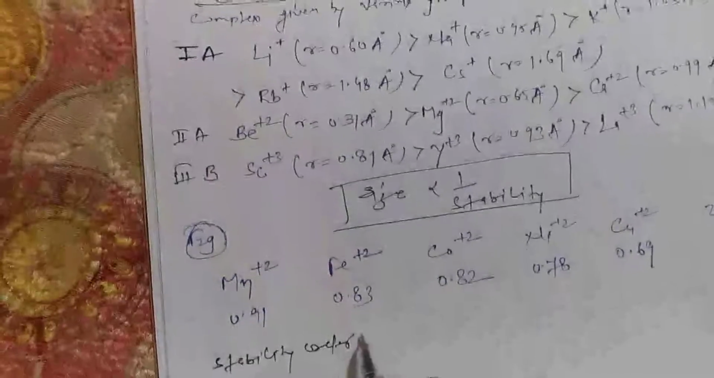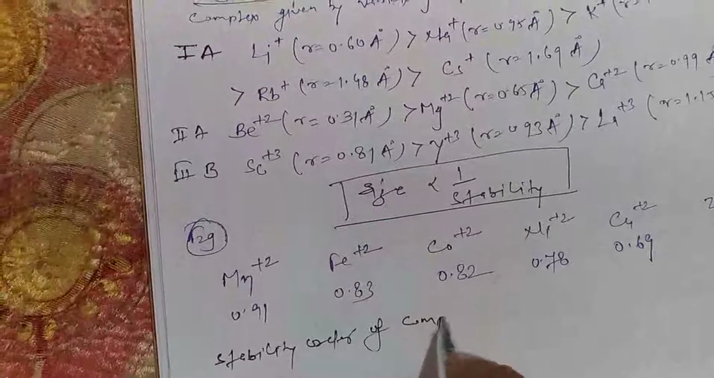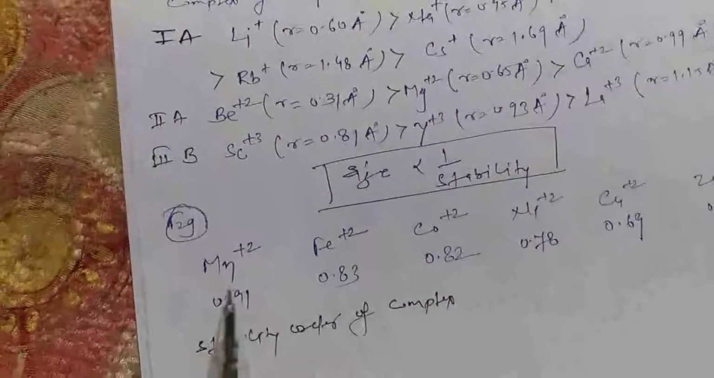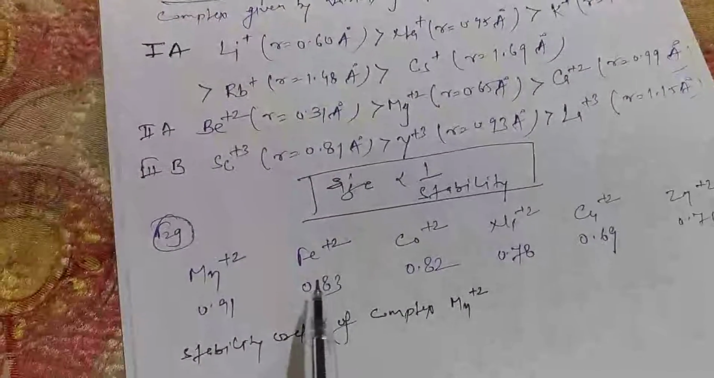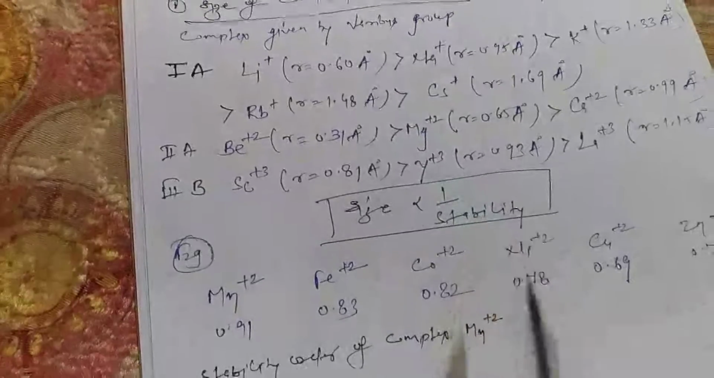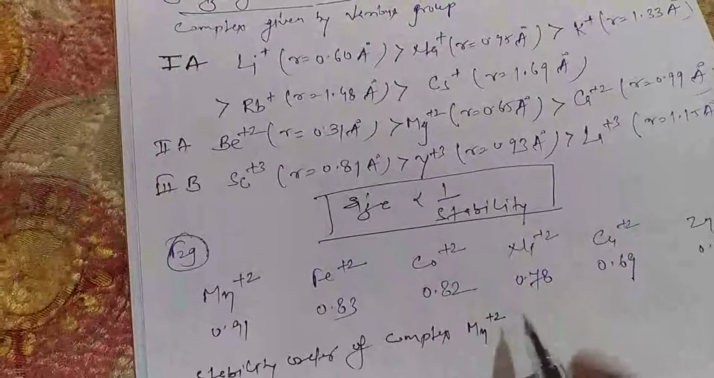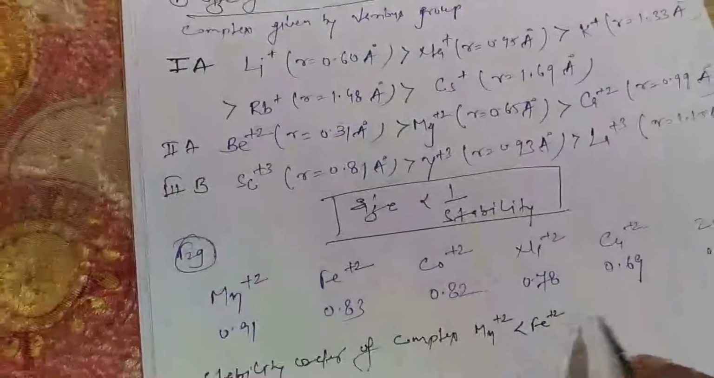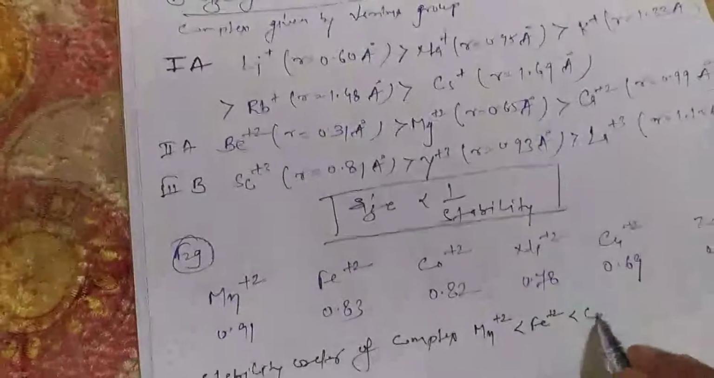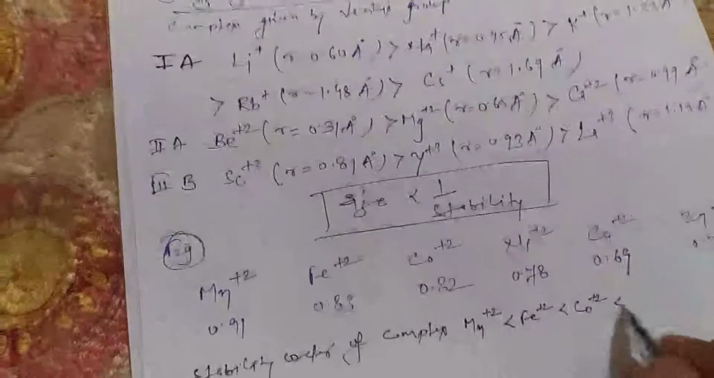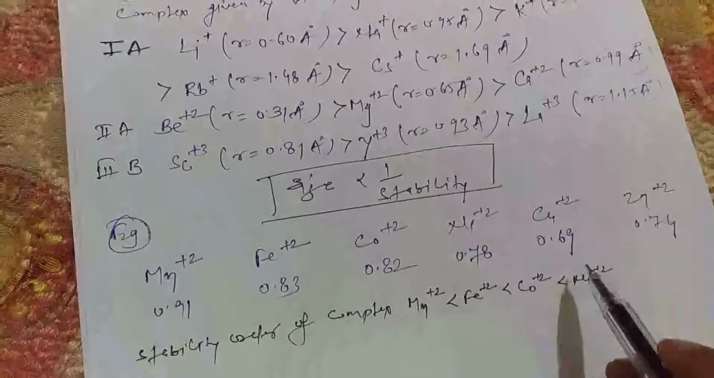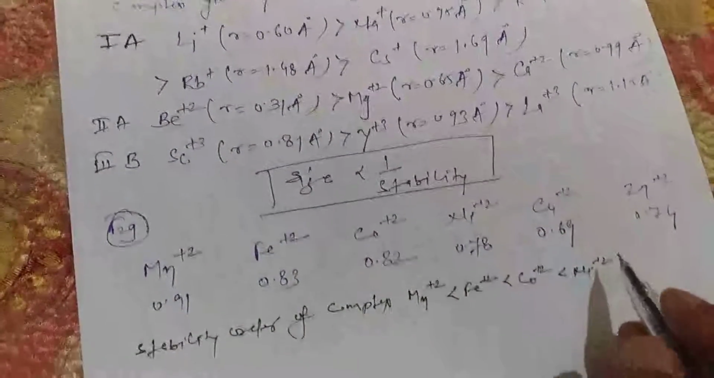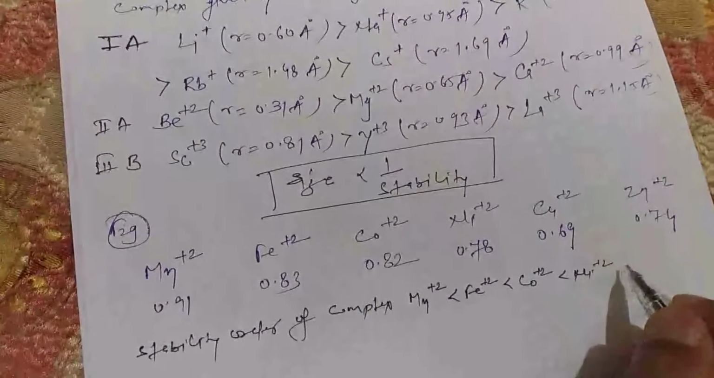Stability order of complex. Manganese plus 2 will be least stable because it has a bigger size. Size is always inversely proportional to stability, and so Fe plus 2 will be more stable compared to manganese. Cobalt plus 2 will be more stable, nickel plus 2 will be more stable, and here you have to be very careful because here the copper plus 2 is more stable than nickel, okay, but